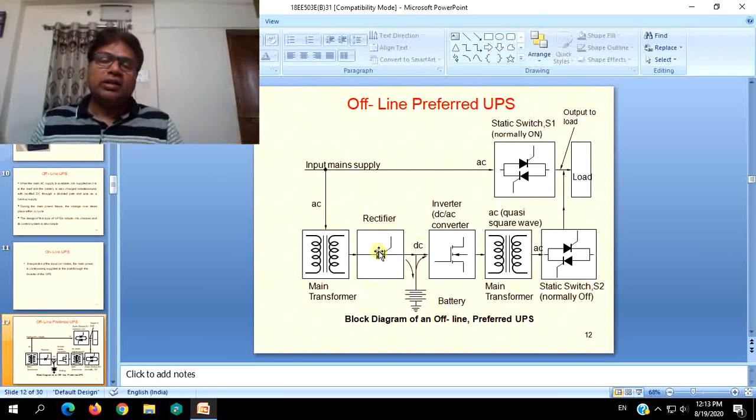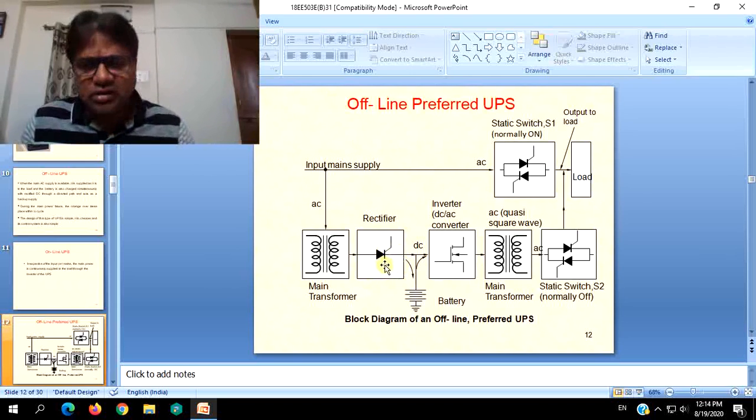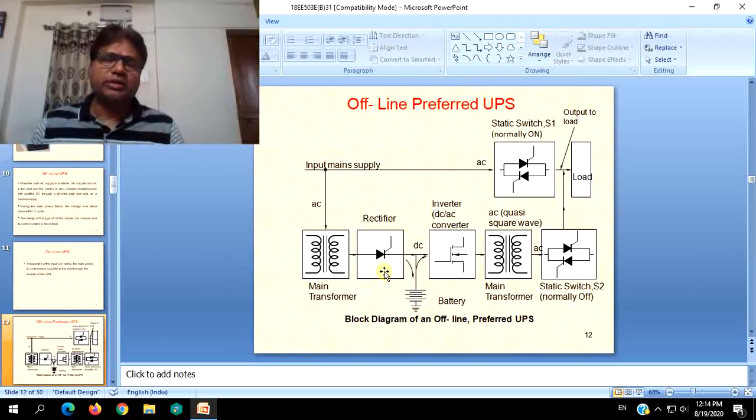to the designed voltage rating of the rectifier, which may be of the order of 5 to 65 volts for normal electronic rectifiers. For power electronics, you can have higher ratings, but normally this will be a step down transformer to suit the voltage ratings of the rectifier. All sorts of rectifiers can be employed: uncontrolled, controlled, semi-controlled rectifiers utilizing SCRs or IGBTs, MOSFETs. Whatever concepts we have discussed regarding rectifiers or AC to DC converters can be employed over here.